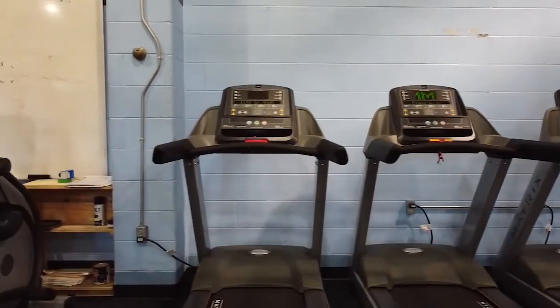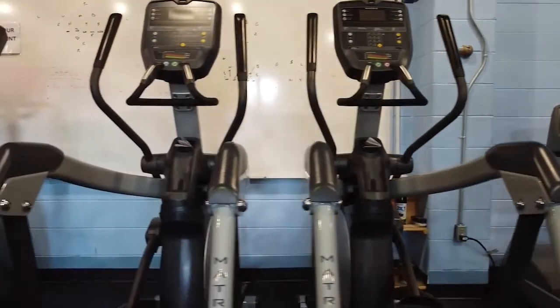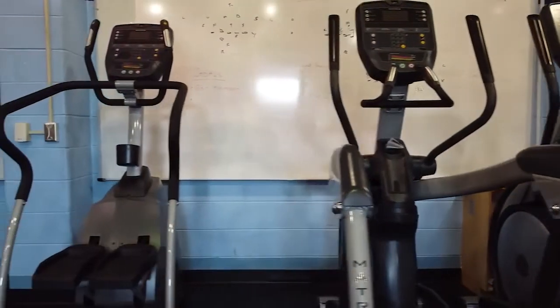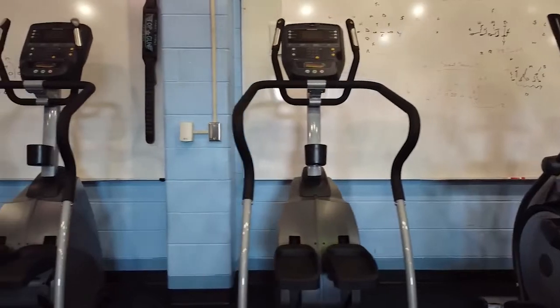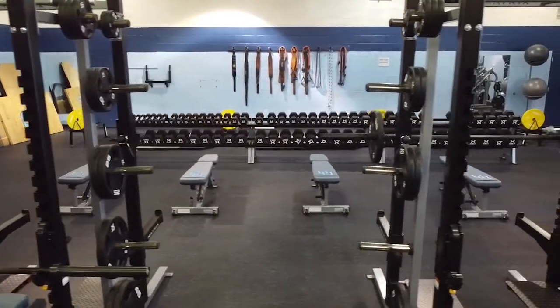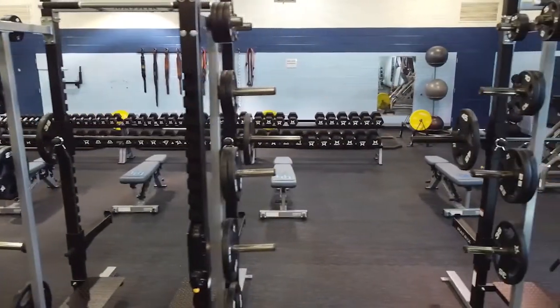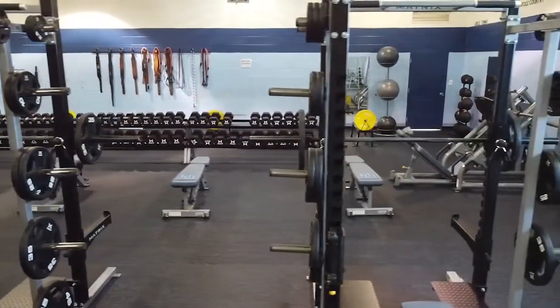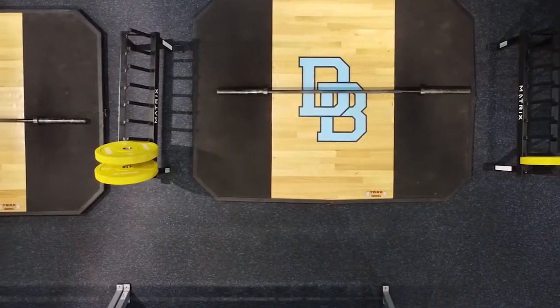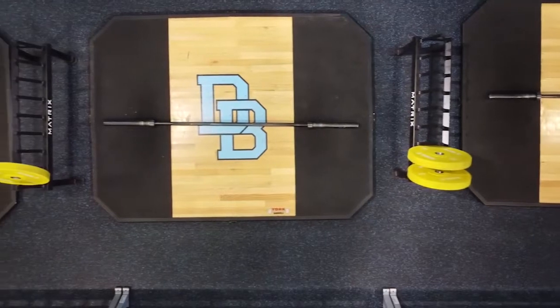As you were choosing the equipment, obviously it chose the best in the business with Matrix, with both the strength and cardio and everything involved here. All the accessories, dumbbells, weights. You were able to one-stop shop, which always makes it easier. And just wanted to touch upon, you guys decided to do a little bit of customization, put a beautiful rubber floor in with your school